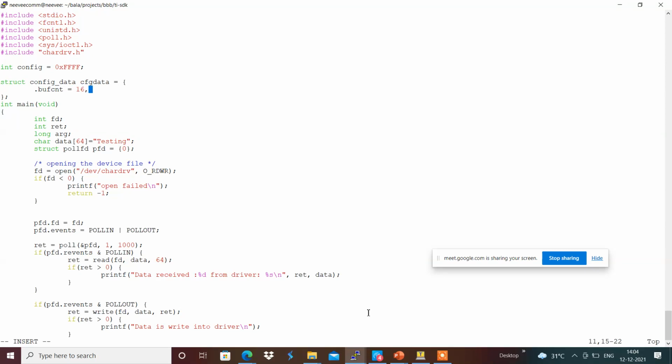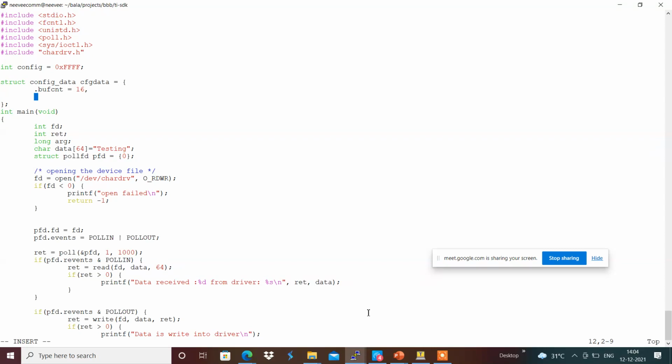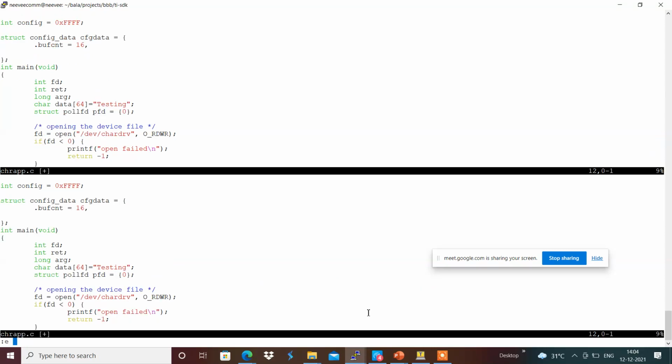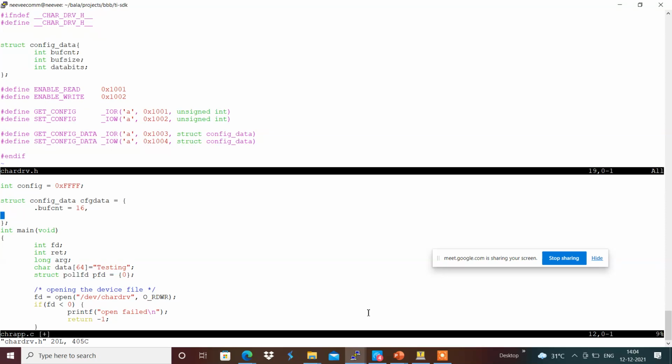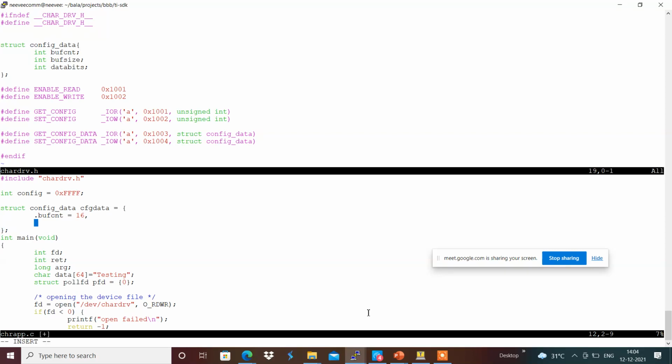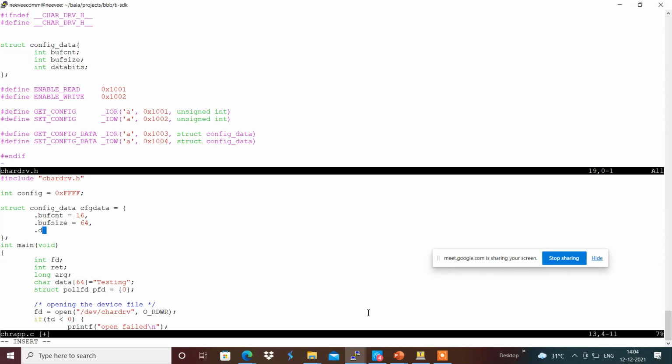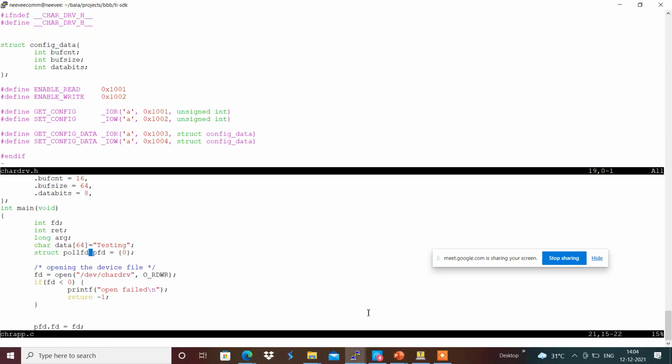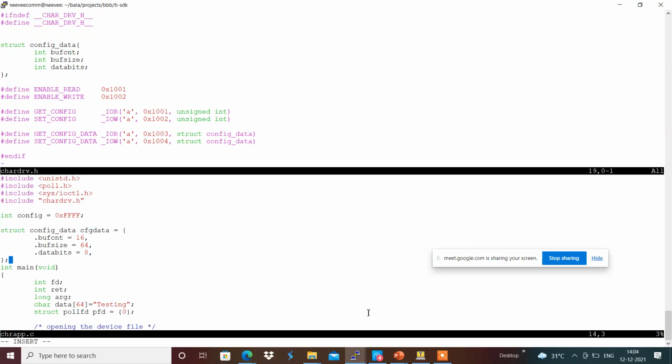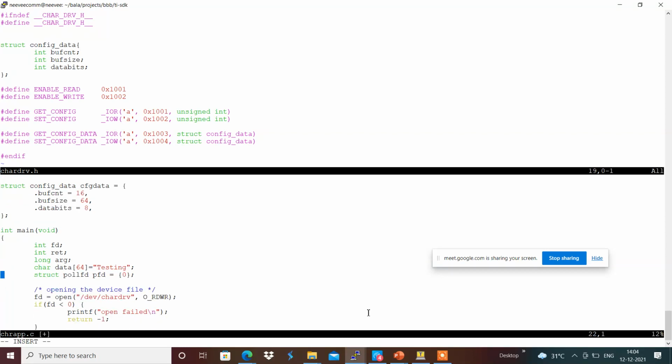After that we will be having buff size of 64 bytes, and data bits of 8 bits that we are going to set. We will be writing the same and getting back the data with the help of again struct config_data, a temp CFG.